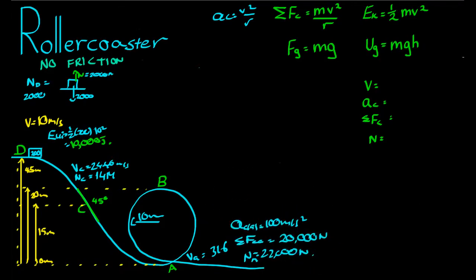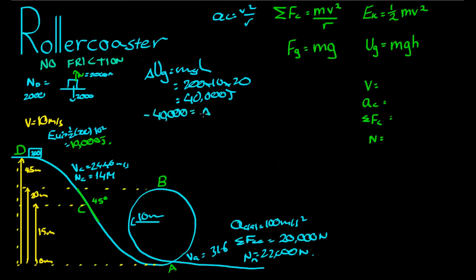Now let's figure it out at B. If it had 100,000 joules of kinetic energy at A, and then it climbs that 20 meters, the change in gravitational potential is mgh, which is 200 times 10 times 20, which is equal to 40,000 joules. That gravitational potential energy must have come from the kinetic energy, since total energy has to be conserved. So negative 40,000 equals the change in kinetic energy. That means the kinetic energy at B equals the kinetic energy at A, take away 40,000. So that's 100,000, take away 40,000,